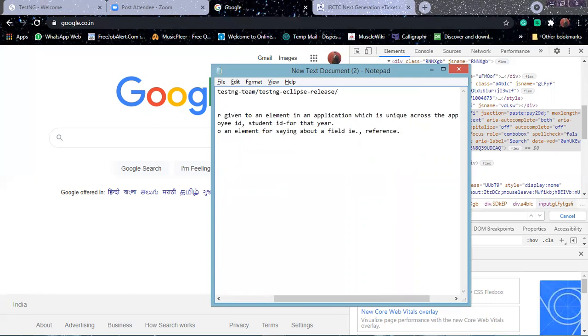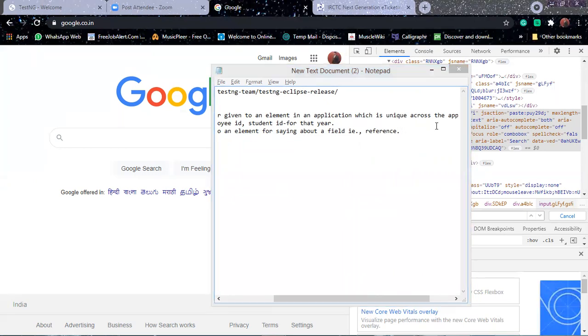What we do here is take the particular field and look at what reference they are using. Go back to your IRCTC and see whether you can find any name there.